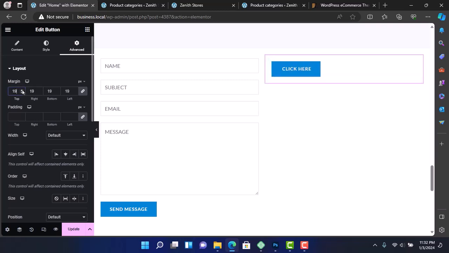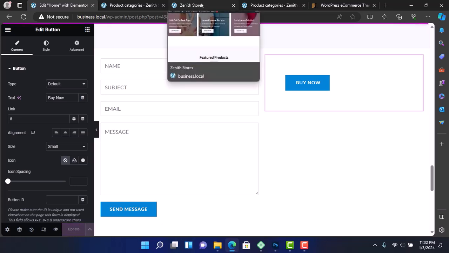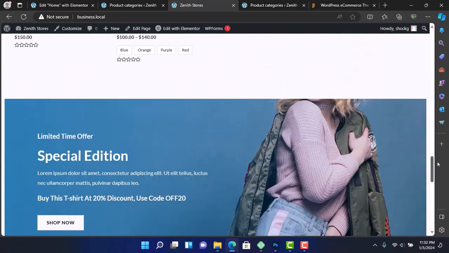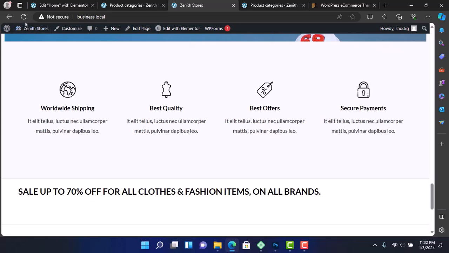So you can see the button, the margin is increasing. And if we want to change the content, we can say buy now or something like that. So if we update and go back to the front end of our website, that's after this section. If I refresh,